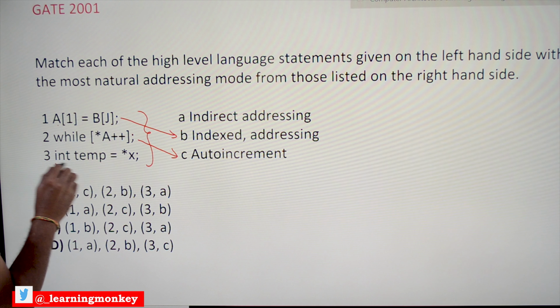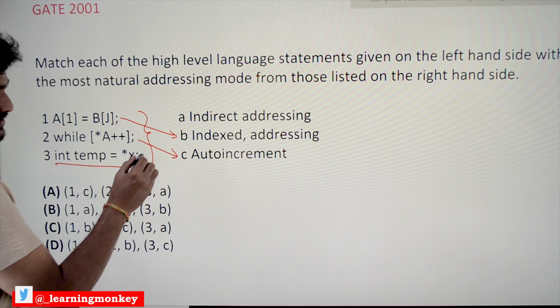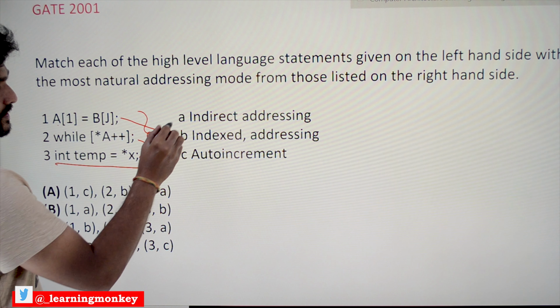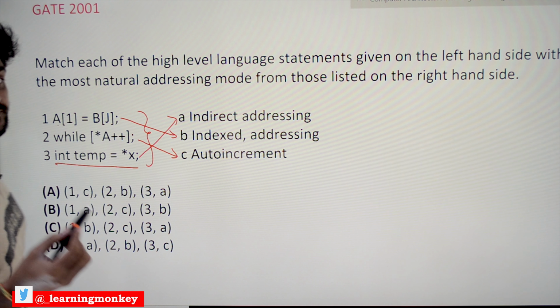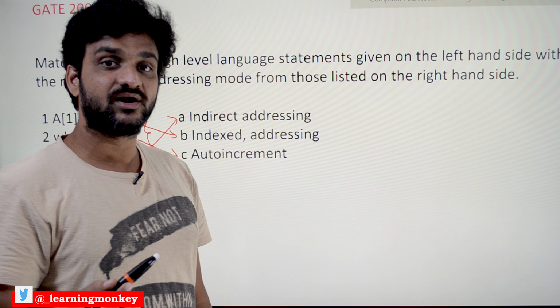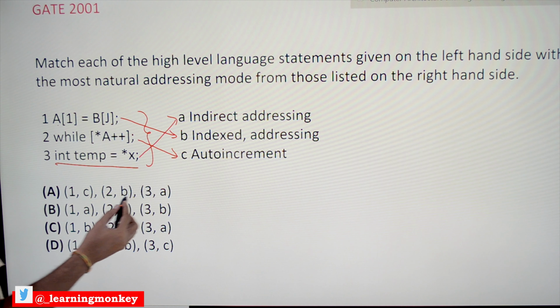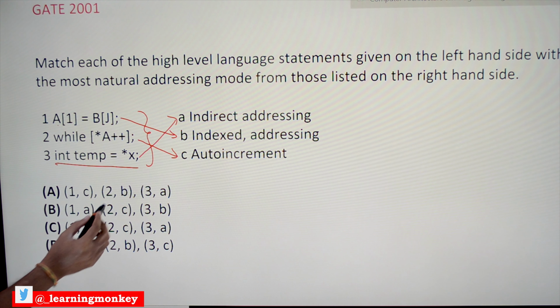This is what we call a pointer. Pointer declaration can be made in this way. So the right option is indirect addressing, which is the reason for the implementation of pointers. So the right option is 1C.